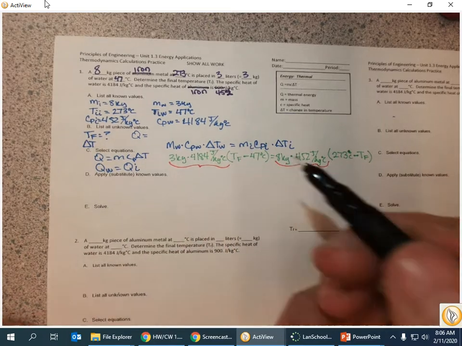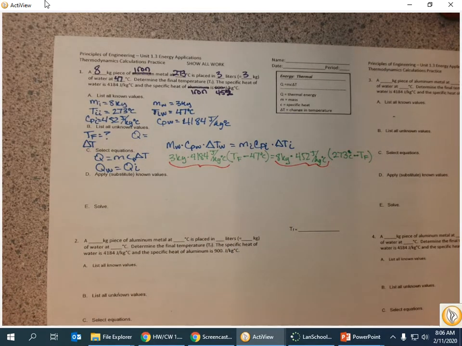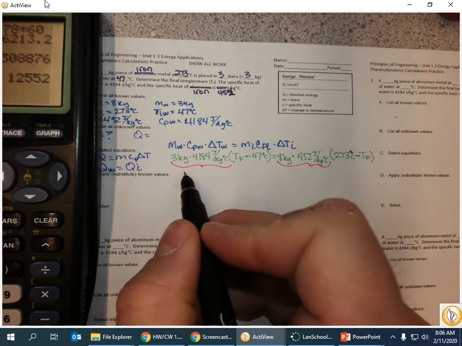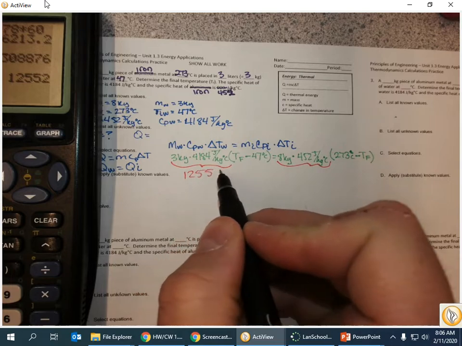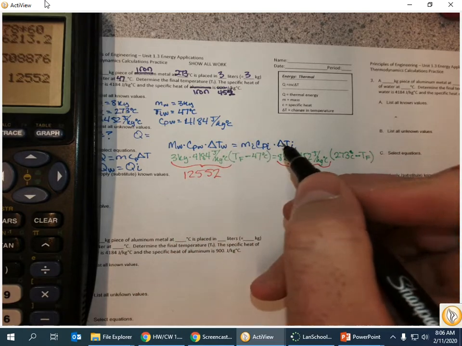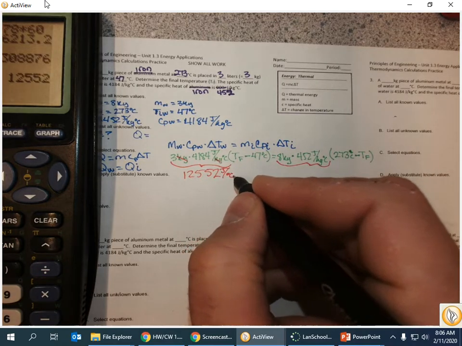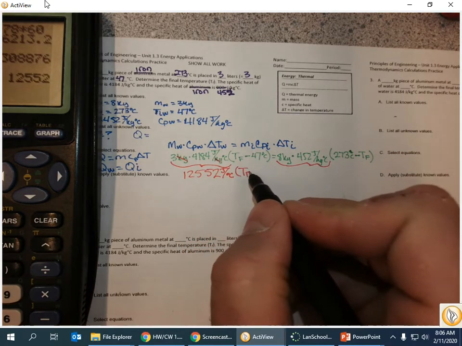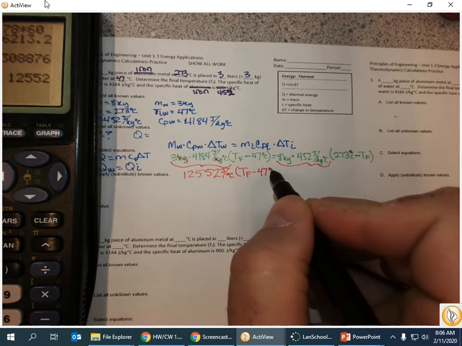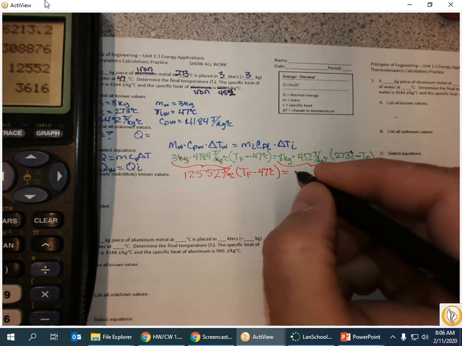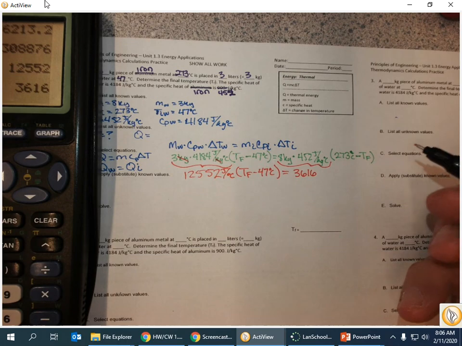So 3 times 4184, which gives me 12552. And what happens when I did that is the kilograms canceled out. Joules per degree Celsius times TF minus 47 degrees Celsius still equals 8 times 452, which is 3616 times